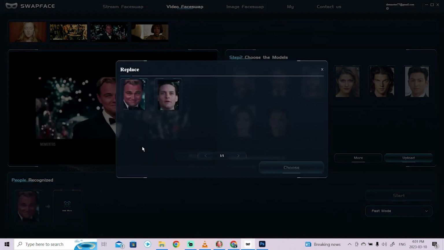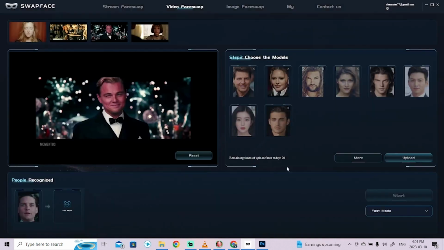When I do that, it allows me to pick a face to swap. So I'm going to swap out, what, you want to swap out Toby? Let's swap out Toby. Okay, so we're going to swap out Toby Maguire. I'm going to click choose. And then on the left side,